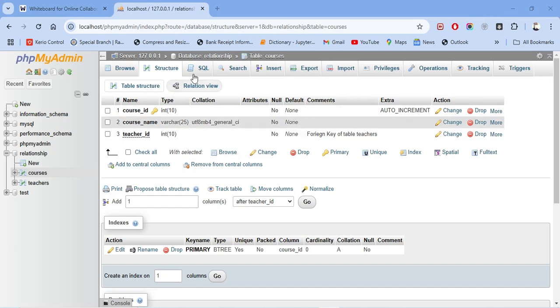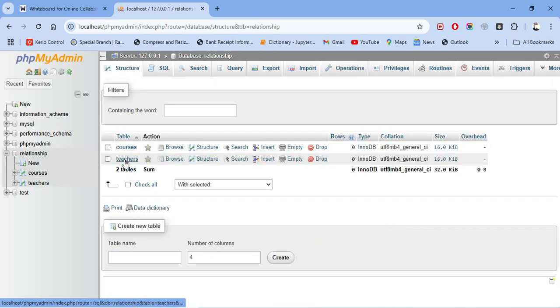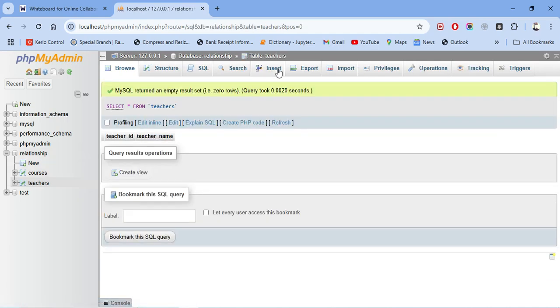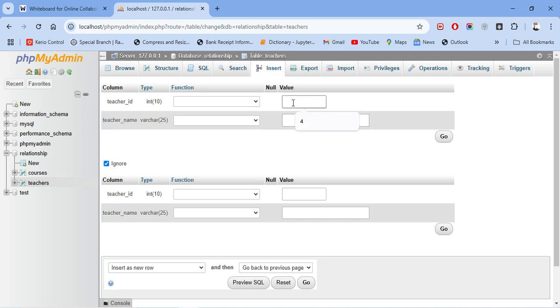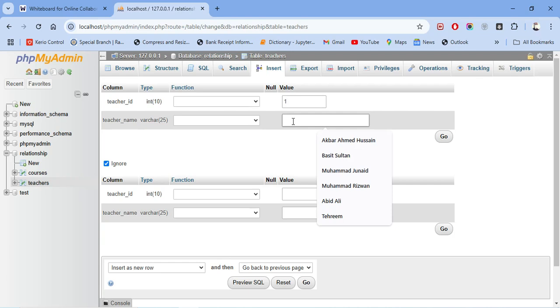Now I have created two tables, teachers and courses. I have to insert data. So click here on relationship, and now I have to insert data first of all in teachers, because here its primary key is referred to by the course ID in the courses table. So first of all I will insert data. For this, here you have to click on insert and insert data. So first of all, teacher ID. If you don't enter, it will automatically increment. For now I will show you one, and for this I am entering my name, Akbar Ahmed Hussain,